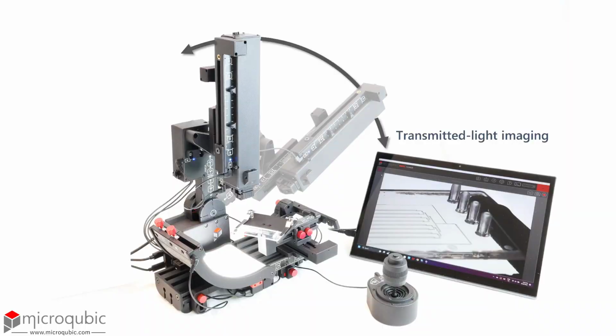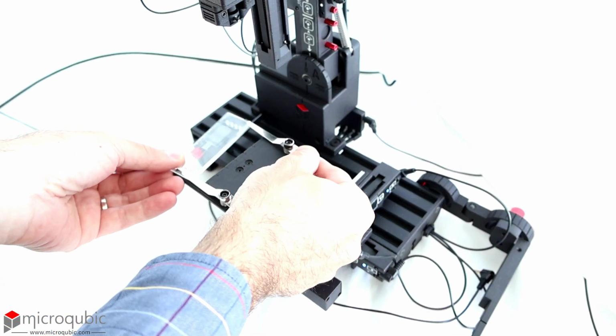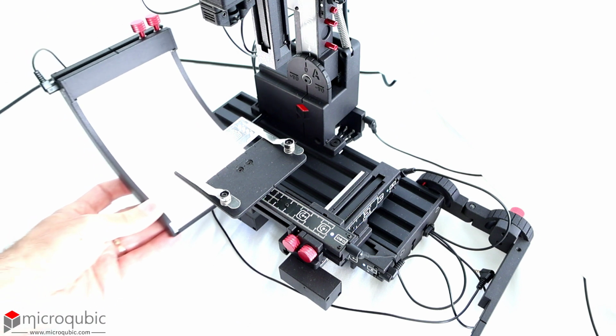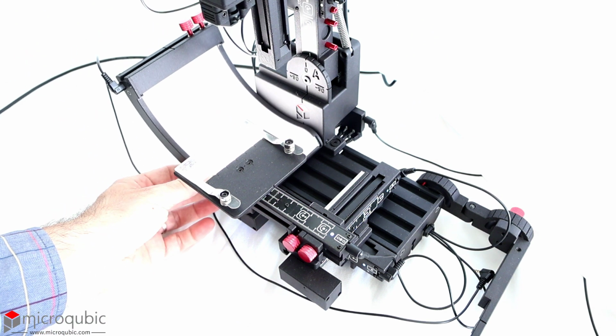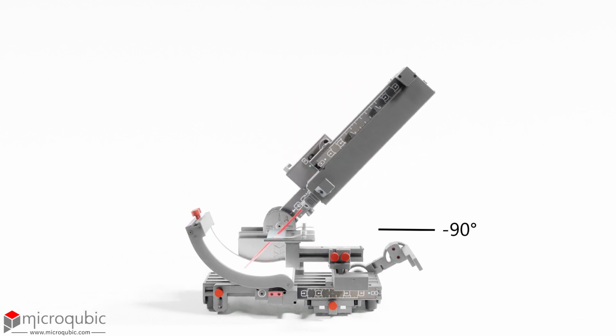We will now start by imaging a transparent sample in transmitted light mode. This is a transparent microfluidic chip. We fix it to the sample chuck and place the curved illumination underneath. In this mode, the light illuminates the sample from the bottom, and the camera collects the transmitted light from opposing